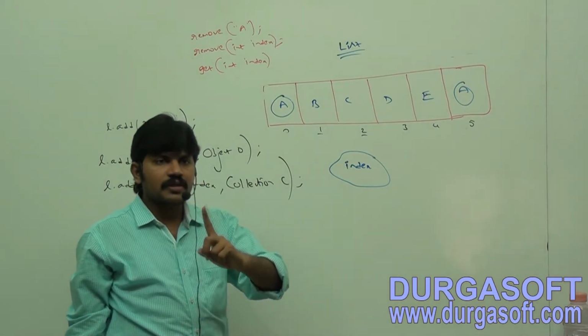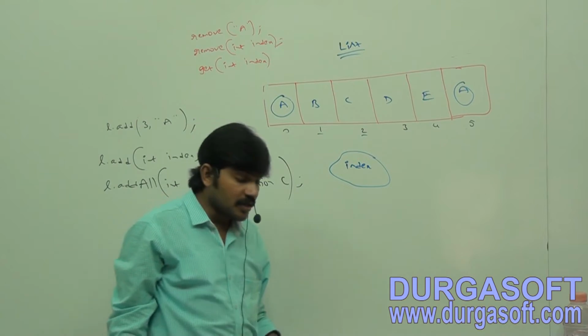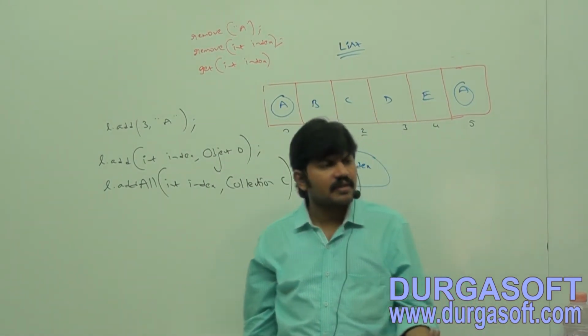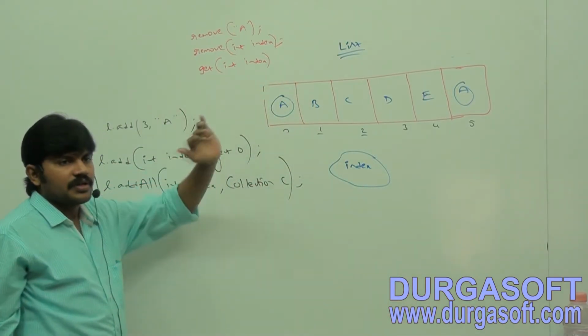Now the object located at the specified index, by default we are going to get. Then immediately we ask, sir, if the specified object is not there, we may get null. This is get of int index.